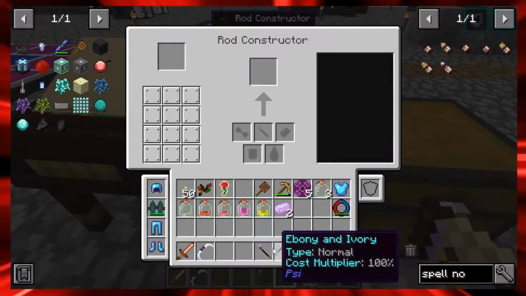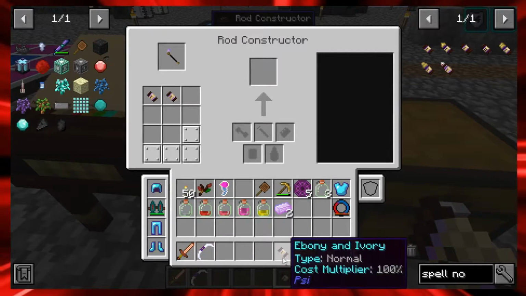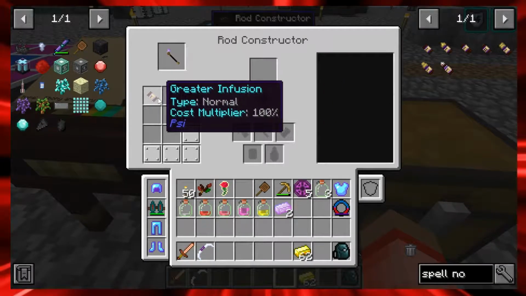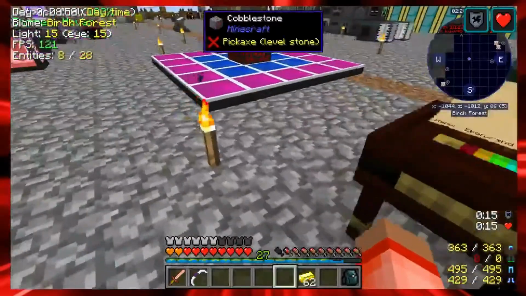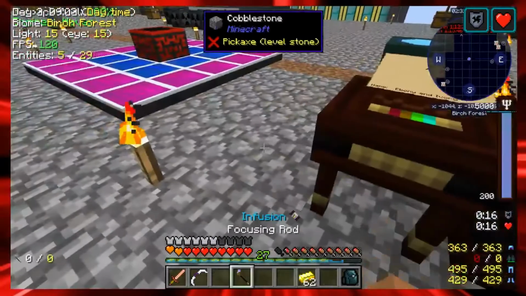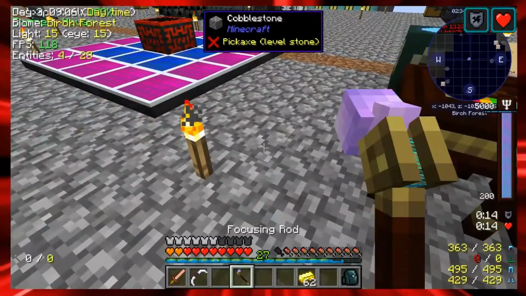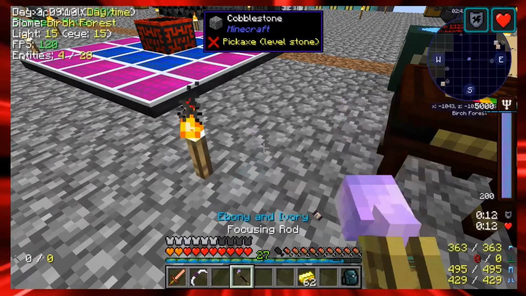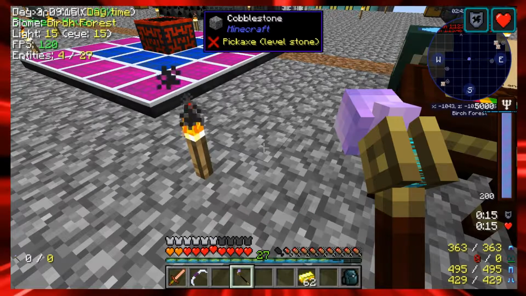If I go in here, toss my rod up here, I can put another spell in here. So now I have ebony and ivory infusion and greater infusion. They're all different things. If I put the rod in my hand and push my little key here, you can see now I have ebony and ivory infusion and greater infusion. So now I've got the ebony and ivory rod, and now I'm ready to make the ebony and ivory side metal, but